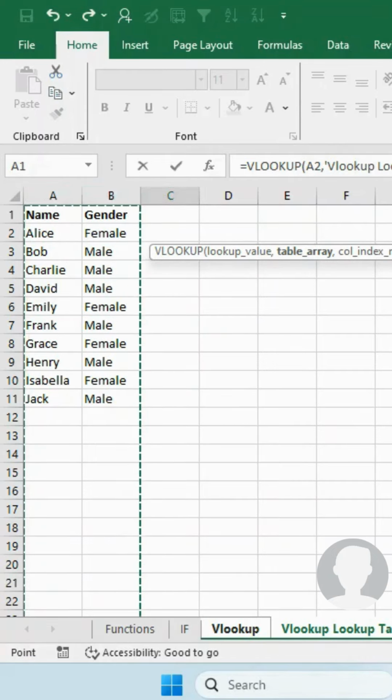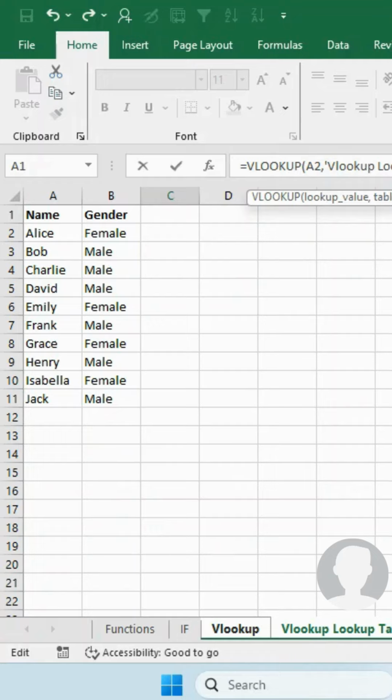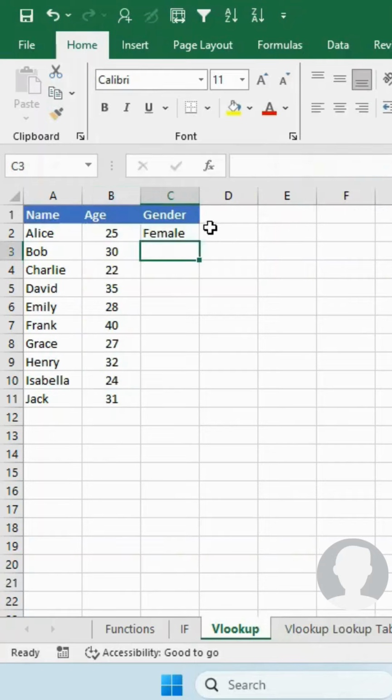I'm going to select that, and it's also asking me for the column index number. The column index number is the gender, which is column 2. I'm going to put 2 there, and then I'm also going to put 0 for an exact match. I'm going to close the bracket and press enter, and you can see that it has returned the corresponding gender